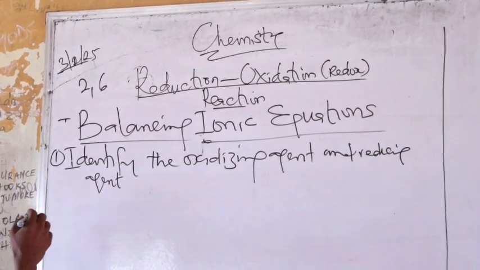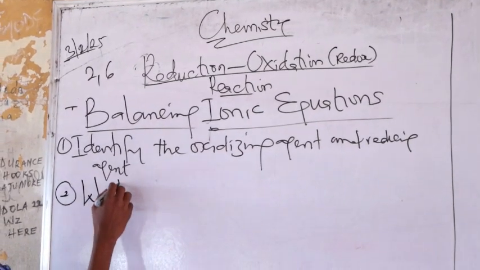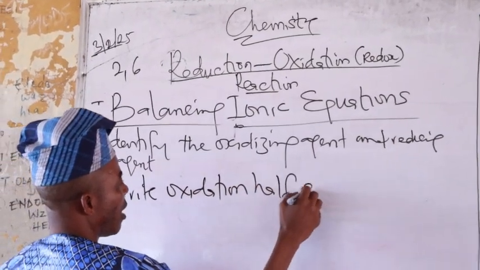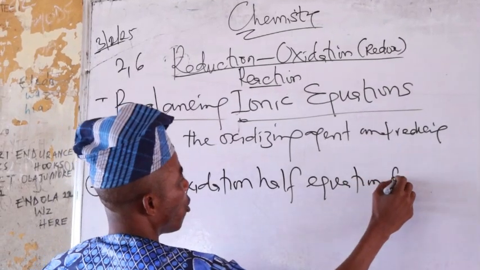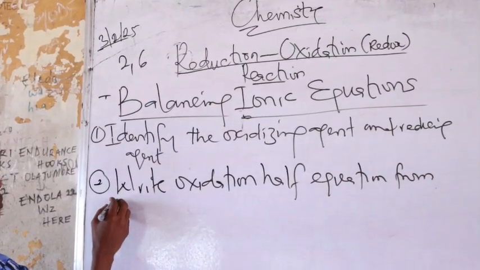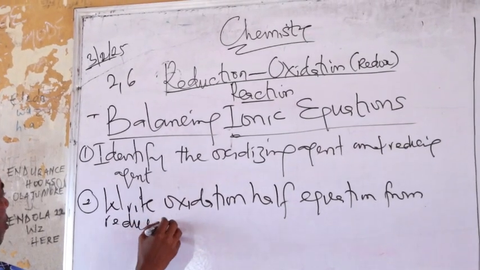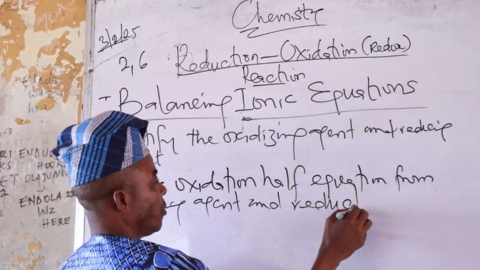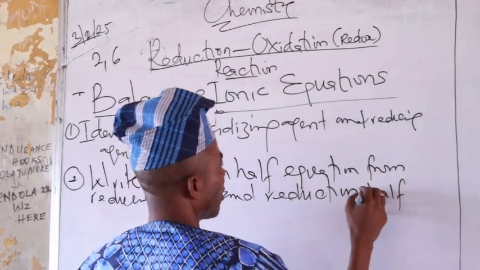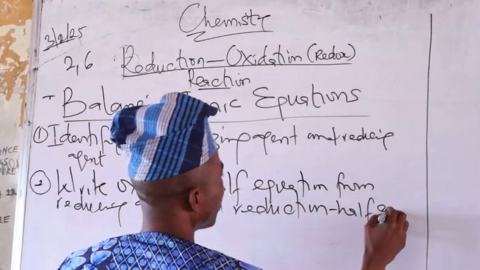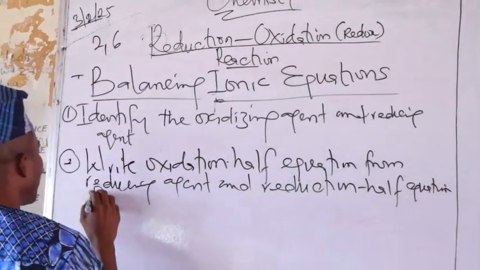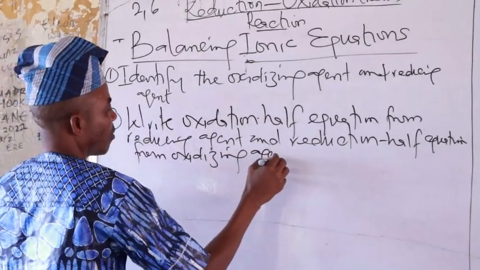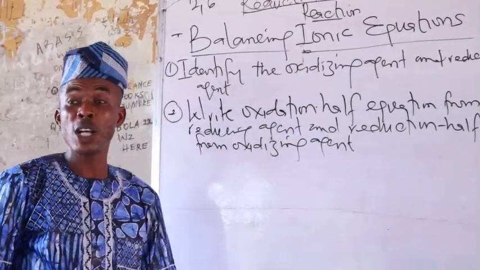So what we do number 3 is that write oxidation half equation from reducing agent, and reduction half equation from oxidizing agents. What we are saying here is this: